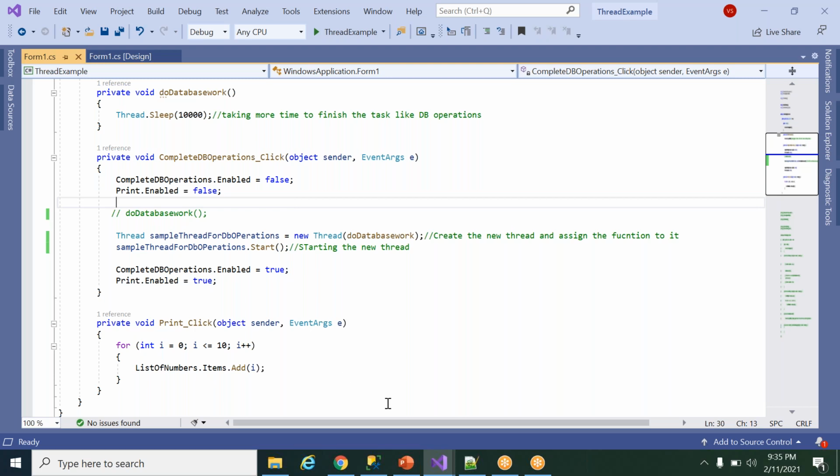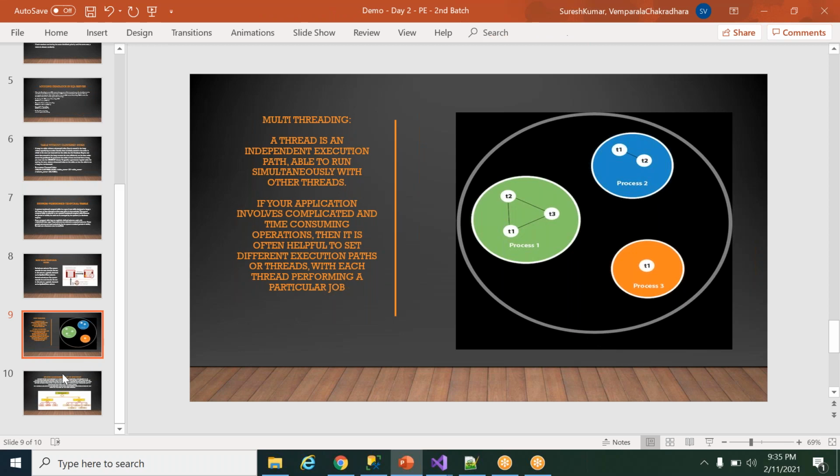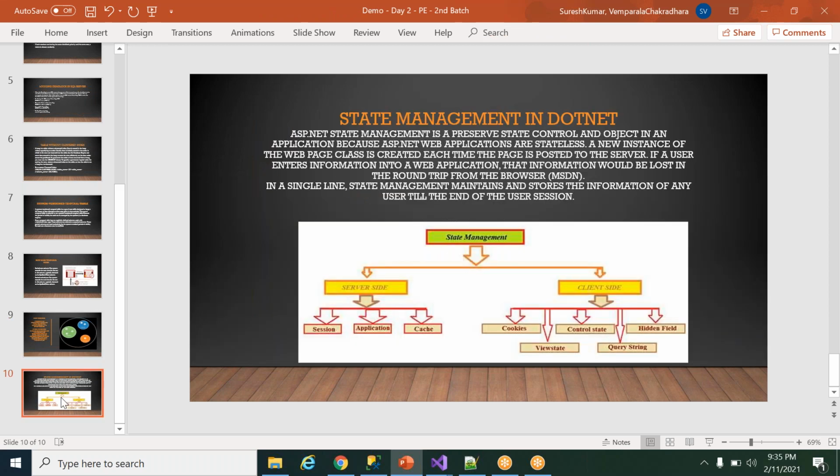Okay. Now we have one more concept called state management in .NET. In which way can we use state management? State management can be done in two ways: client side and server side.